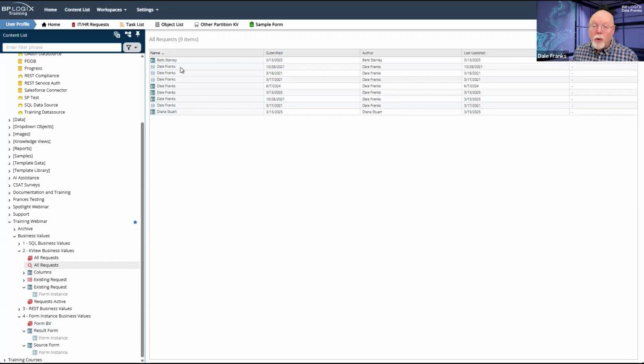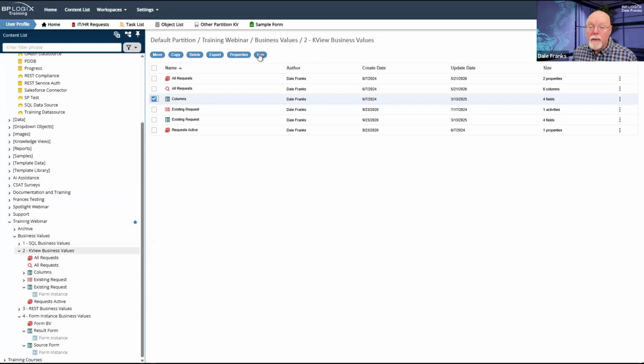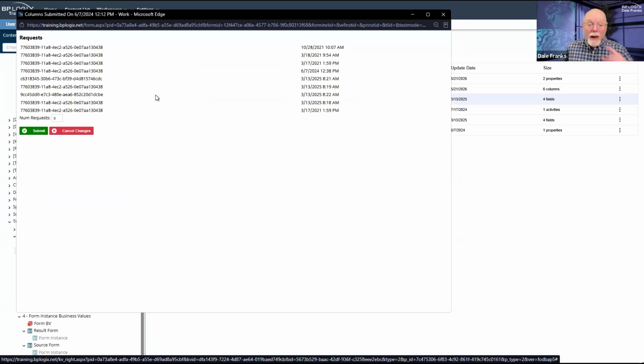The truth of what is actually stored in this column is revealed when we run the columns form. Because what gets displayed to you in that column is not, in fact, Barb, Dale, Diana. It is the GUIDs for Diana, Barb, and I. These are our actual user UIDs, our GUIDs in the system. These are our unique identifiers that tell the difference between Barb and I.